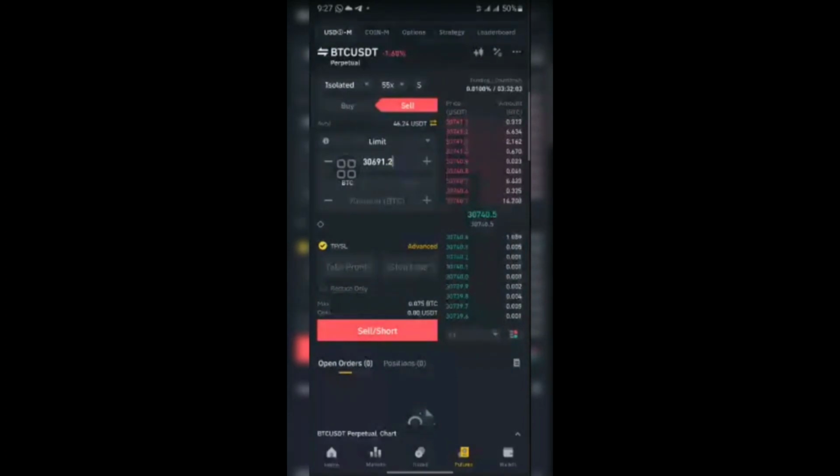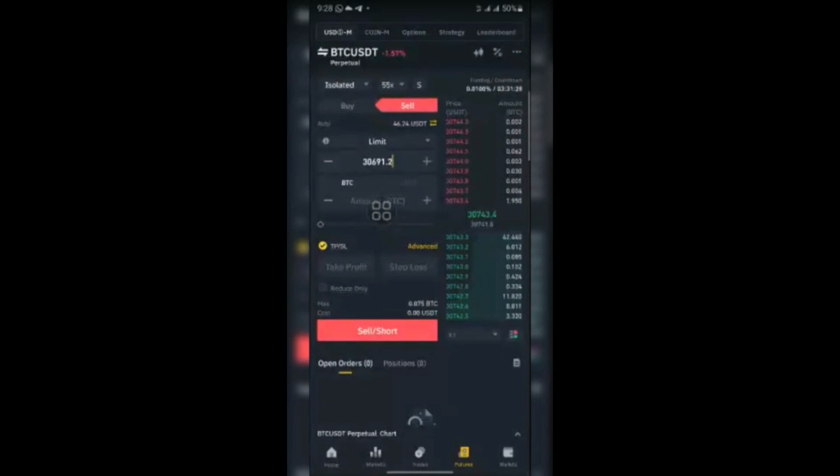Literally, from the English, when we say something is isolated, it means that I want to enter this BTC trade and I want to use $10 margin. Margin means the money, the USDT, you want to use to enter that trade. So in crypto, margin means our money: how many USDT you want to use to enter that trade.